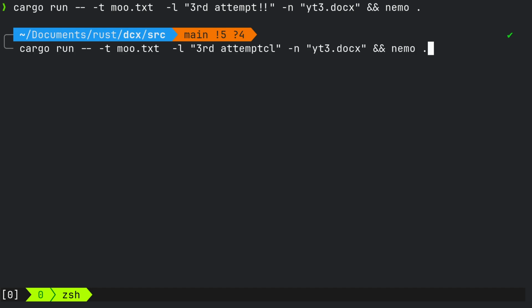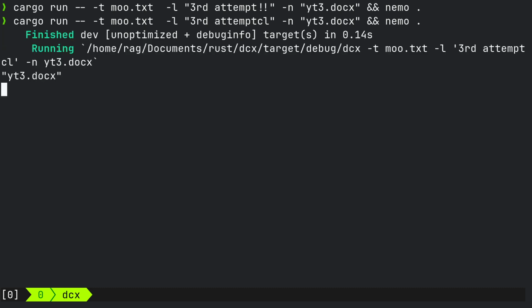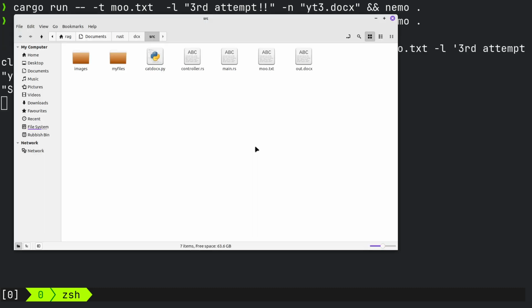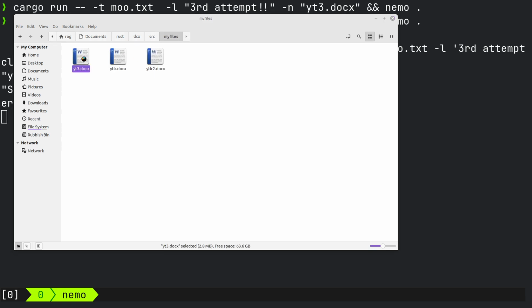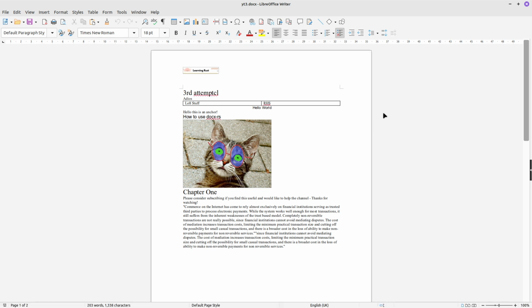Why did it? It's very strange. So success, it's worked, and then we go in here and find the file it's just made, and we'll open it. And yeah, I'll show you the link. So if you scroll down,